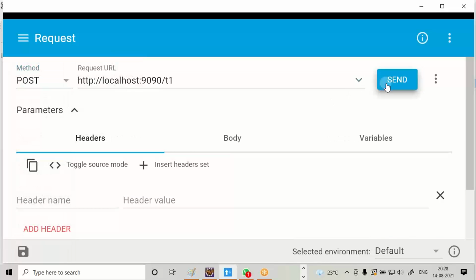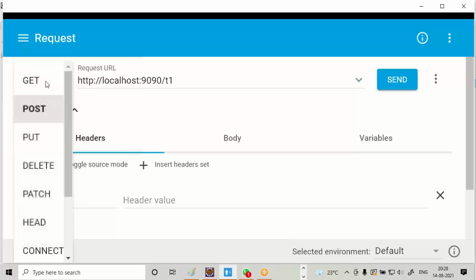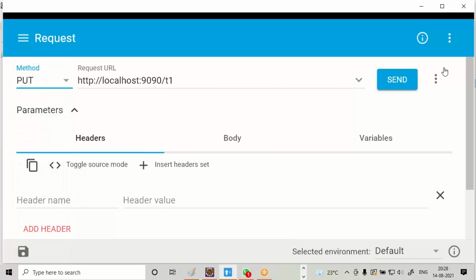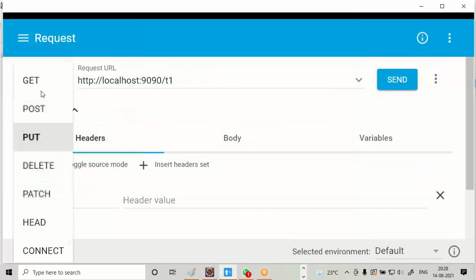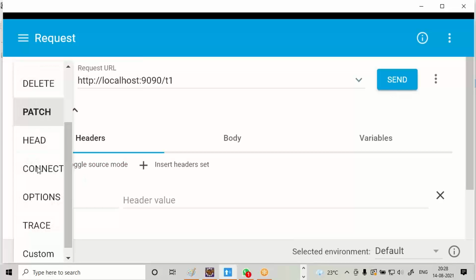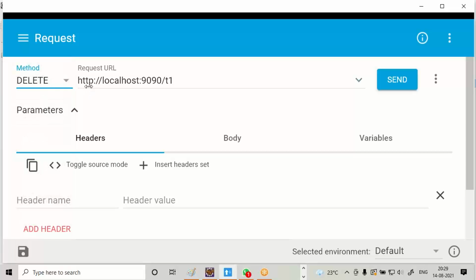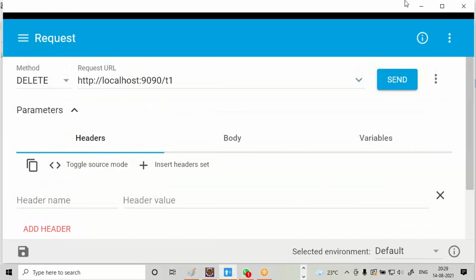It can be post, success. It can be put, success. It can be patch, success. It can be delete, success.